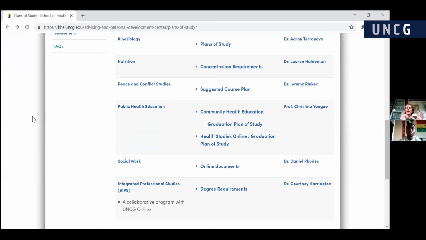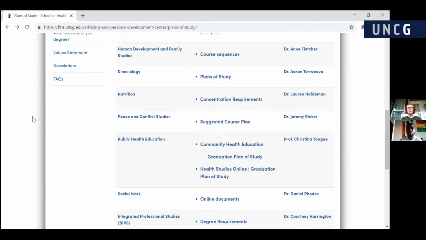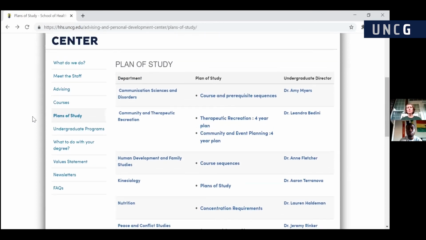And many of you have specific maths that you might have to have, or specific sciences, or other courses related to your major that you can see on those different suggested plans of study. So you can begin taking those in your first year and your second year, and you can begin to develop a look and a plan for how you want your future semesters to go. Some of you may be interested in pre-professional programs of study.